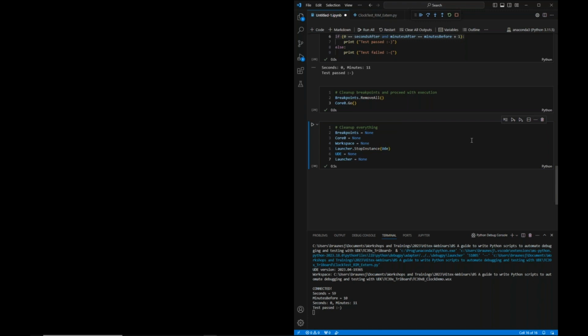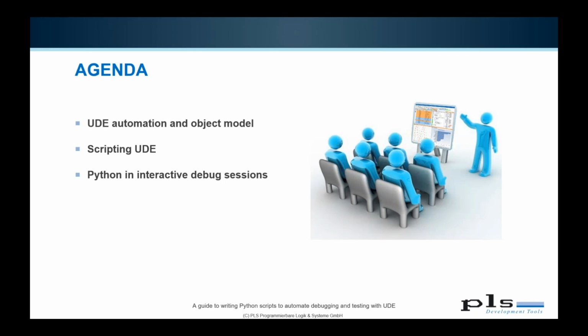Okay, so these are the two ways to write scripts, either to connect to a running UDE or to create a new UDE session from scratch by giving a workspace and a target configuration file and loading the application into the flash or into the RAM. It depends on the compiler settings of your application. Okay, then I'm coming to the last thing